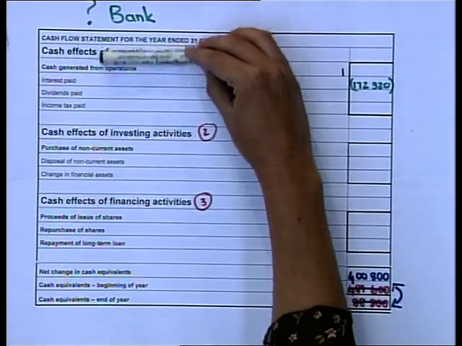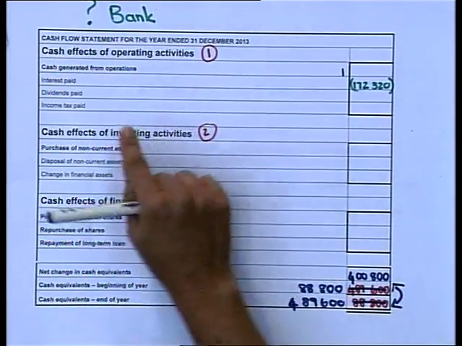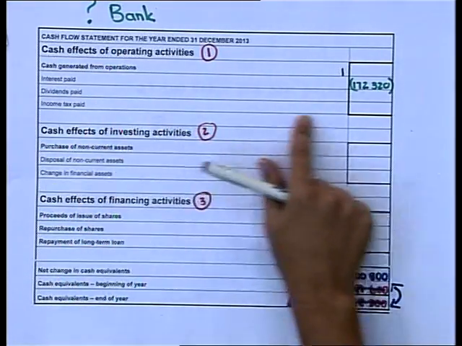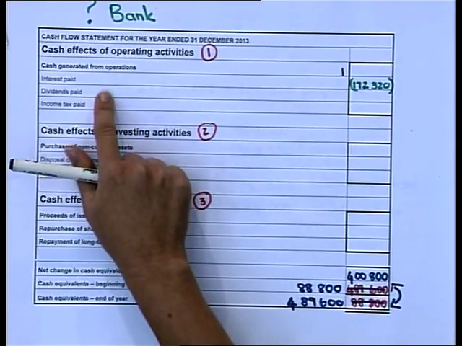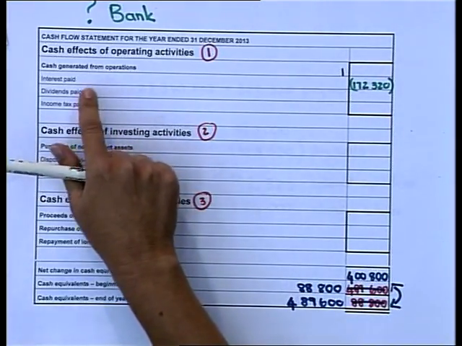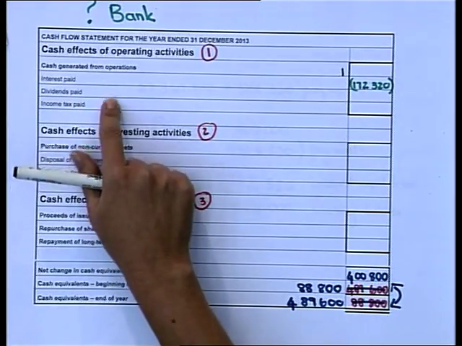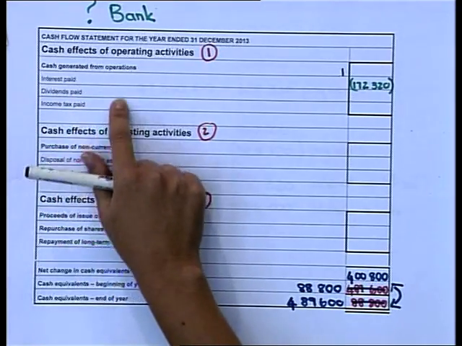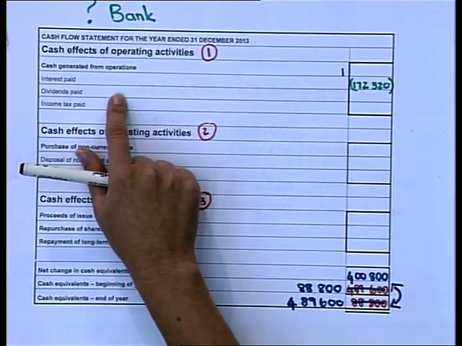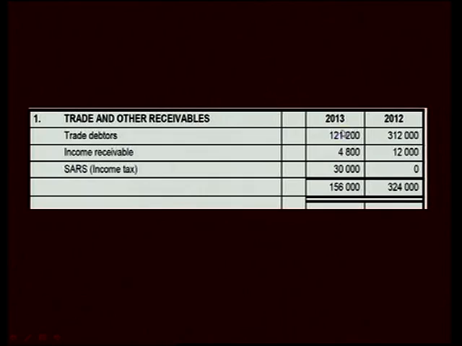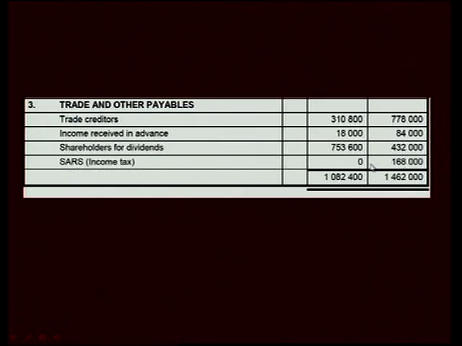So right here on the face of the cash flow statement, income tax and dividends have their own line item. So when I calculate the changes in debtors, I must not include dividends and income tax amounts in those. Changes in debtors and creditors do not include any dividends or any income tax amounts. Going back to the slide, what I've just said was leave the SARS,